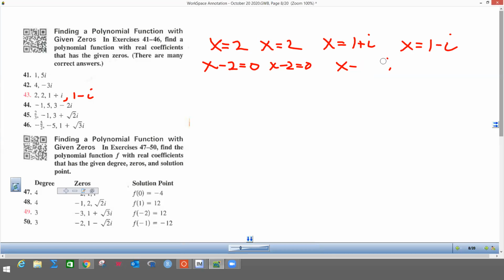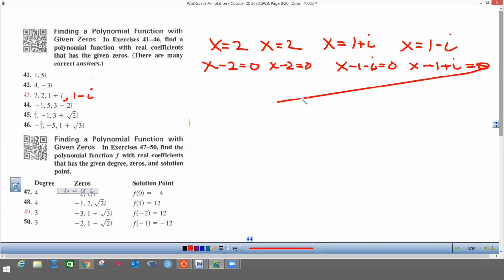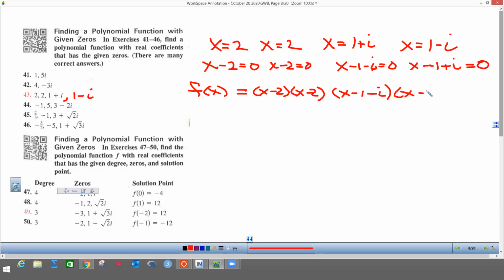So what that means is we're going to subtract 1 and subtract i over, and that will equal 0. And over here, we're going to subtract 1 and add i over to get those two. Oops, I don't have an equal sign there. Sorry, that should be a minus, and then that equals 0. So what that tells me is these are my 4 factors. So I have x minus 2 times x minus 2 times x minus 1 minus i times x minus 1